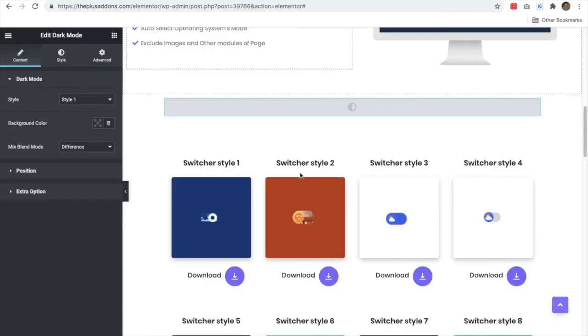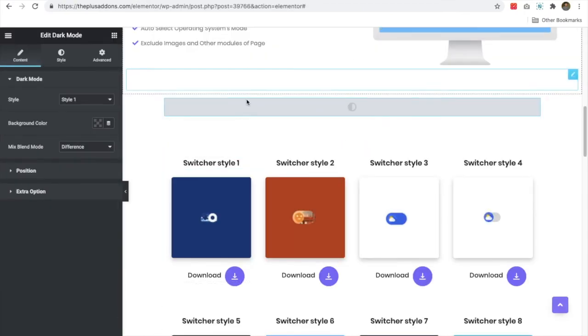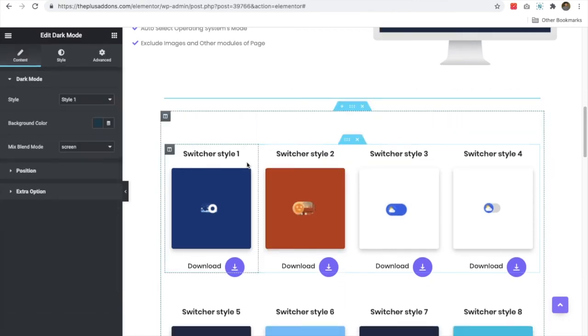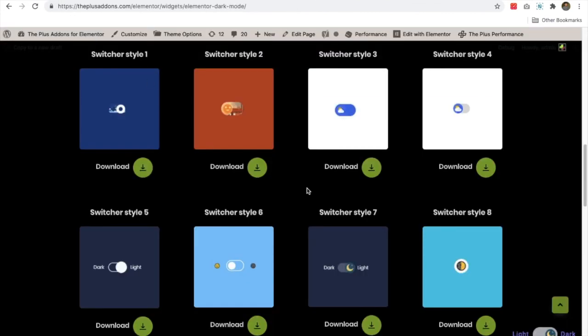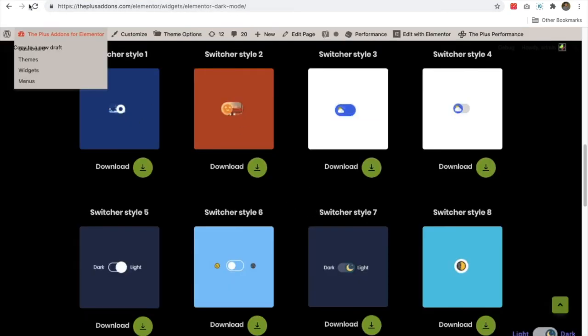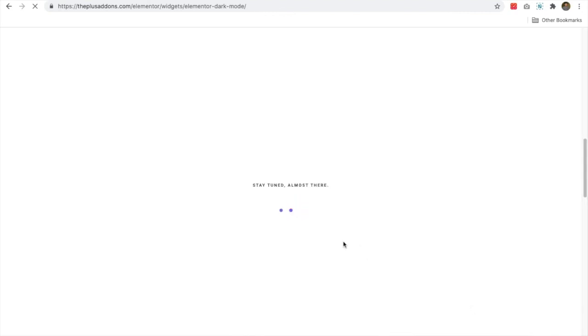and once you edit that, you just need to copy. Here you can see the switcher. You just need to copy, and let's delete this, and you can paste that over here. So once you paste that and update it, you will see a different example over here. As I mentioned, in the backend, dark mode will not work, so you need to check on the front end only. So let's refresh the page and check out if the dark mode widget is working or not,